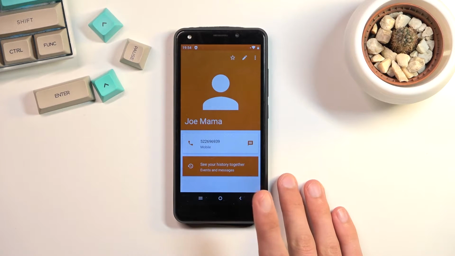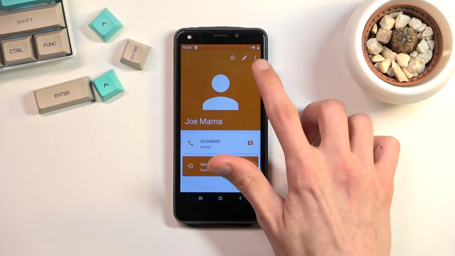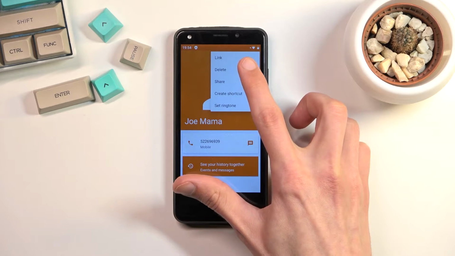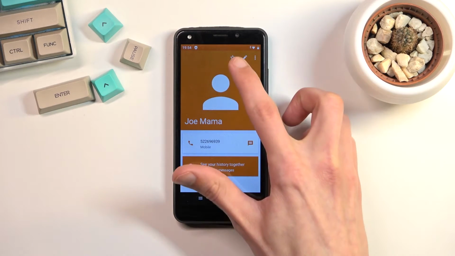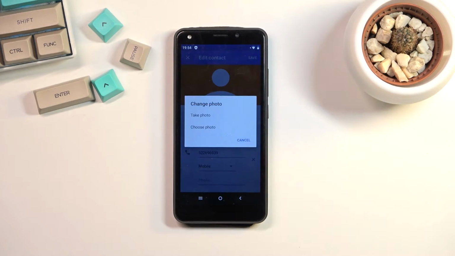So from here, once you have your contact, what you want to do is, if those contacts already exist, obviously you will need to tap on the three dots, and here we should have edit. Never mind, we don't. We have right here edit. So once you go to edit, you will see this cute field right here where you can simply tap to